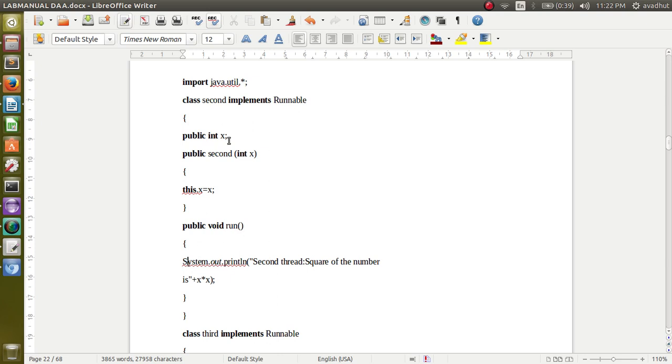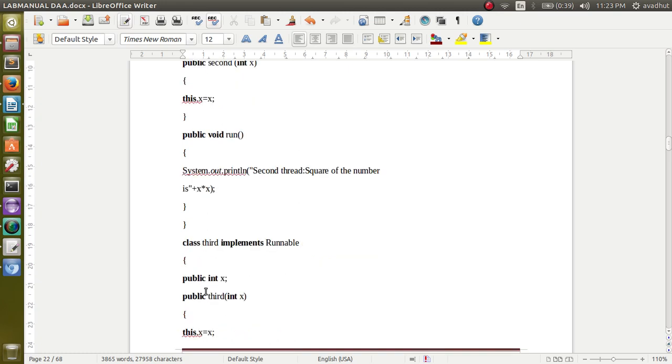The second class should compute the square, so I am just printing a result: second thread, square of a number is square. How can it be calculated? x into x. Whatever x we have got here will be squared. This is done by the class second. This ends the run method and this ends the second class.